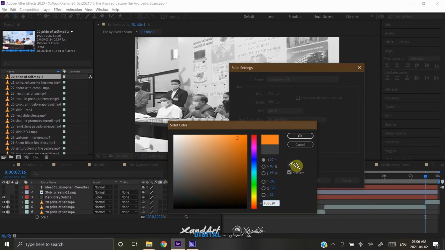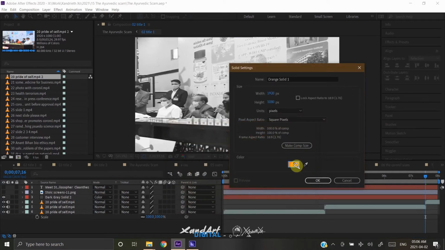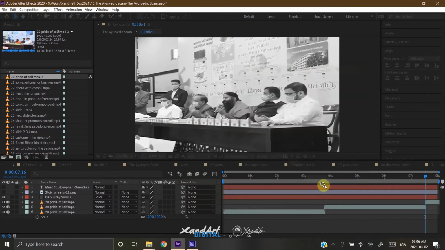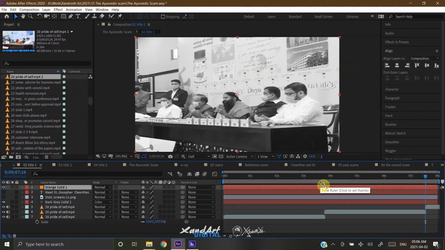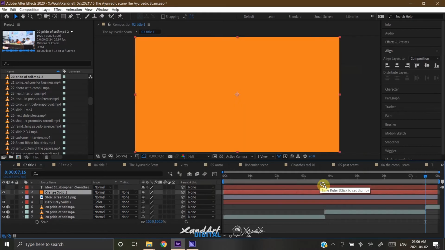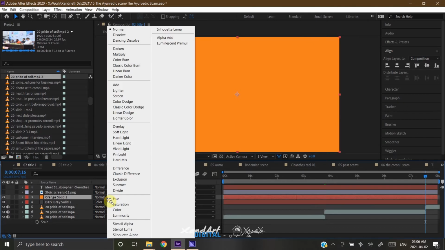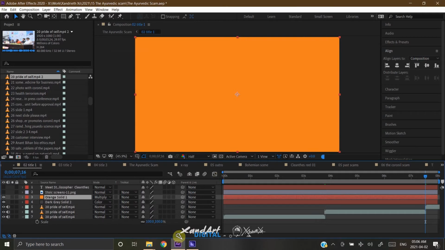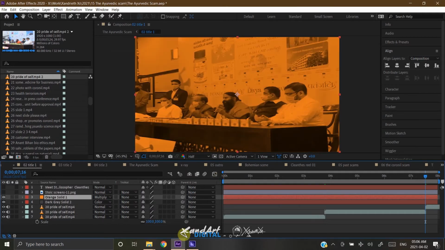And what Multiply does is, it adds the layer which is set to Multiply to everything below it, the way we color over a paper, by adding the darkness and the color over the paper. In the same way, Multiply applies the color and the darkness of the particular layer that has been set to Multiply to every layer below it. And in this case, it will make the darkest part of the layer orange, and hence it will complete the duotone effect.